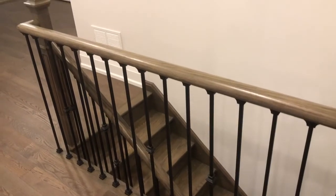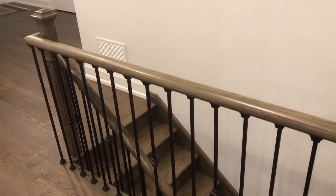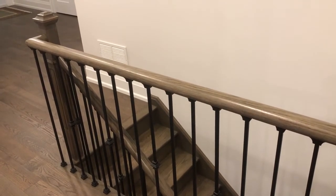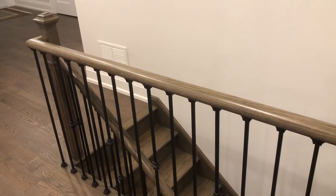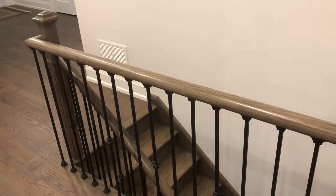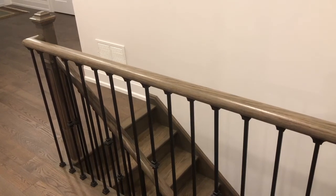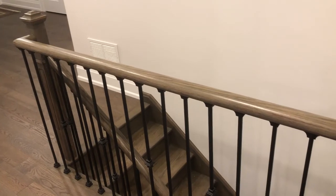Now the reason why I didn't pop out the plug in the railing to begin with, I could have put a longer screw in, but if I had popped it out, I'd have to put a new one in, restain the wood, and that would be a big old mess. The easiest way, because we have a built-in closet going to be in there, was to cut a hole in the drywall from the opposite side,